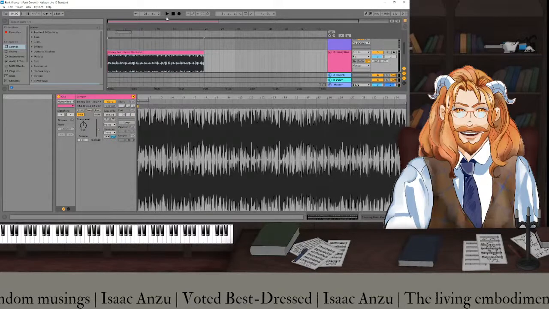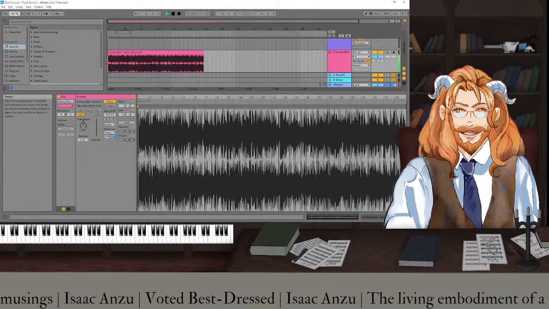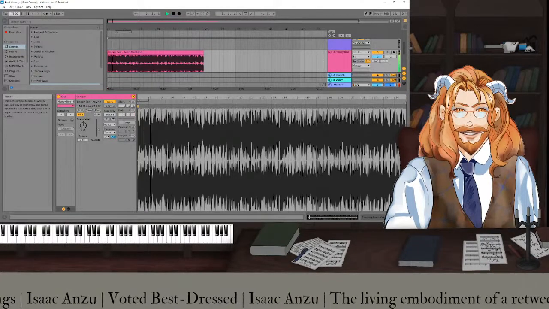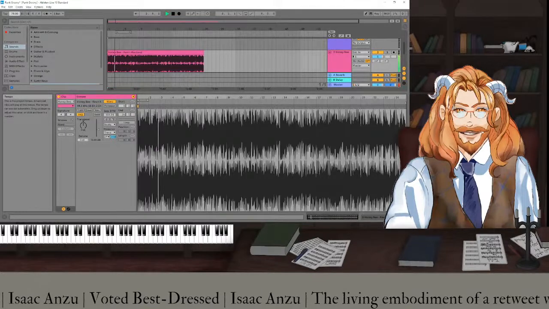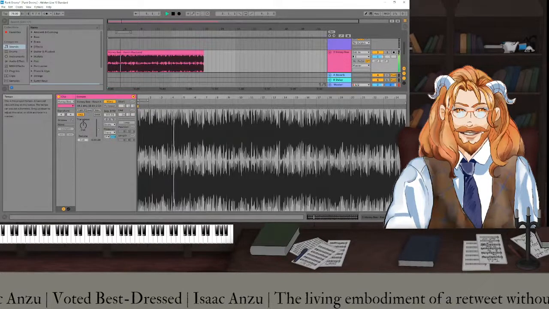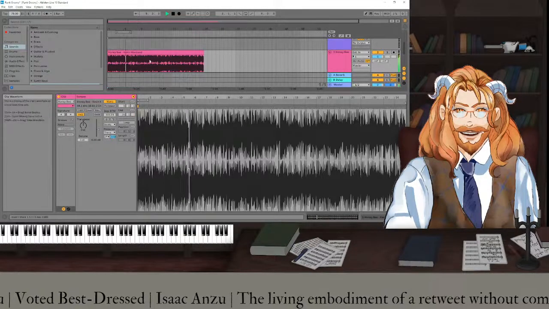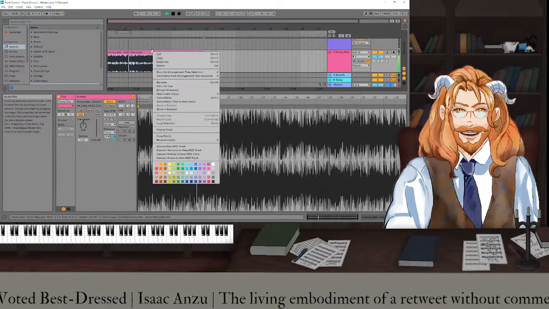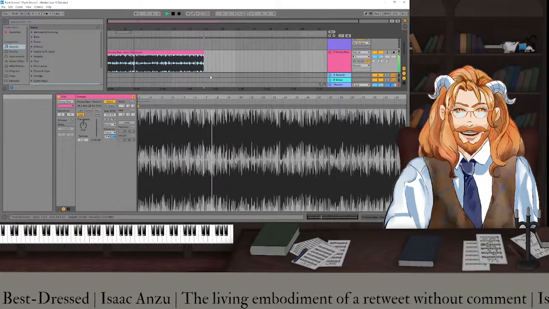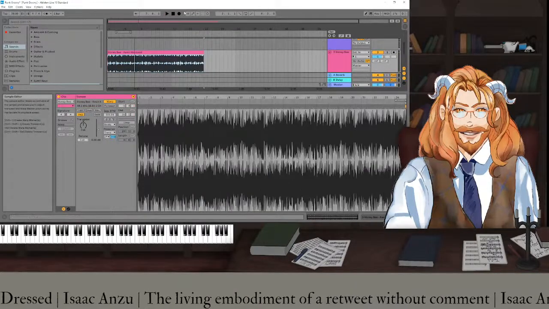Or we could do it super slow, even slower. Now I think there's a way to reverse it as well. Reverse clips. So we could really get funky with this. Let's reverse the clip. See how that sounds.